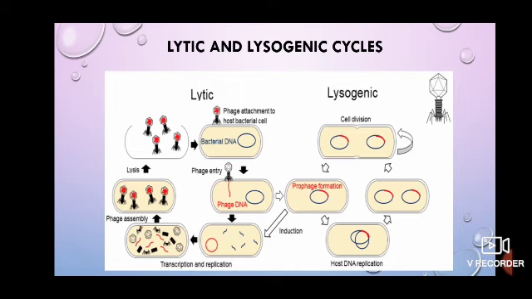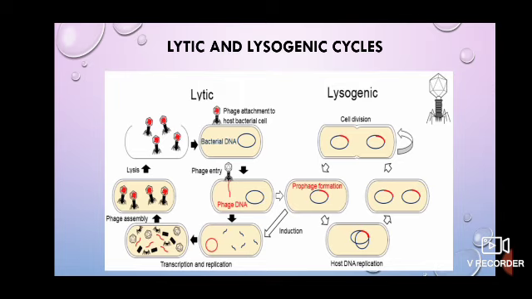So the prophage passively replicates along with the host DNA for many generations. As in, when the host bacterium E. coli divides by binary fission, those many prophages are also formed because they are integrated in the host DNA. So that many replicas of the viral DNA are also made.